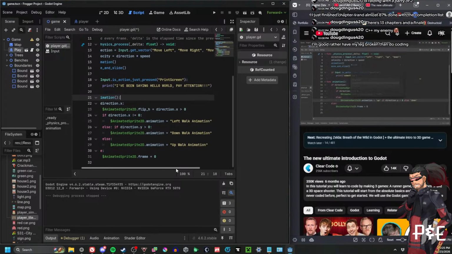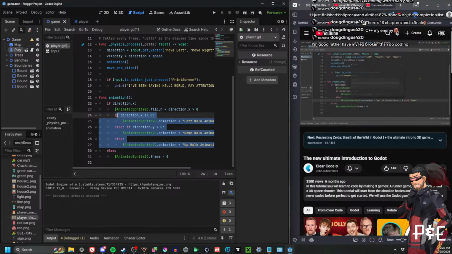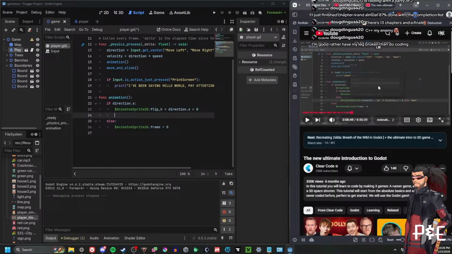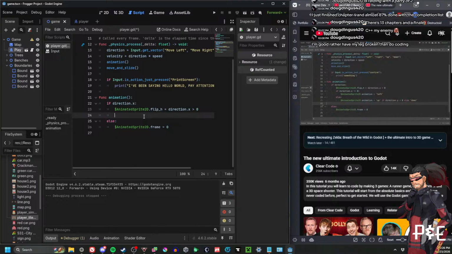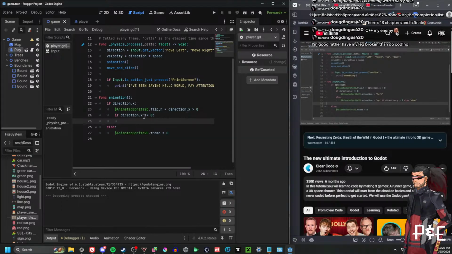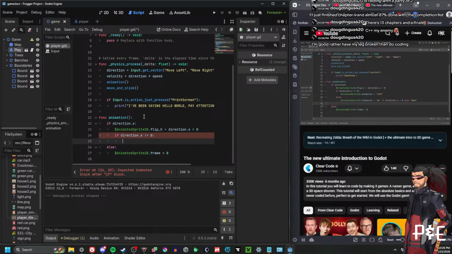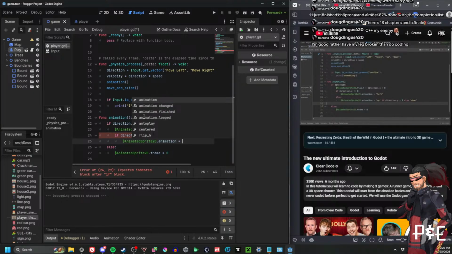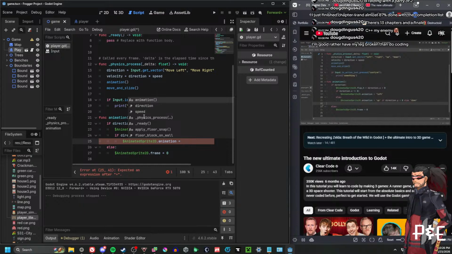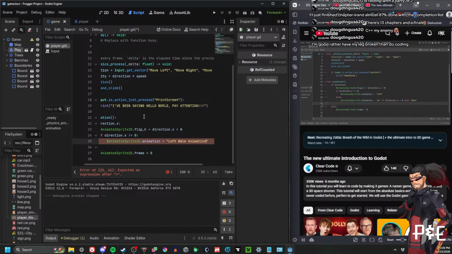Okay, let me just attempt this again. That's just, we want to assign the down animation. That way, we can get rid of all of this. Okay. If direction.x does not equal 0, dot animation equals left walk animation,